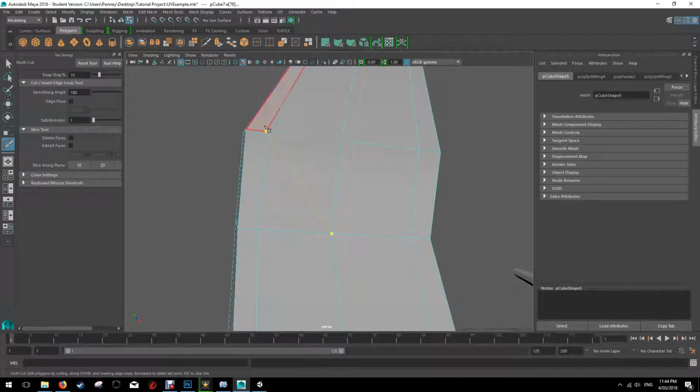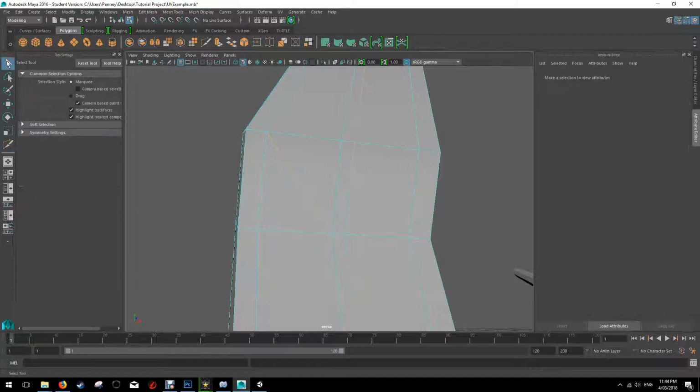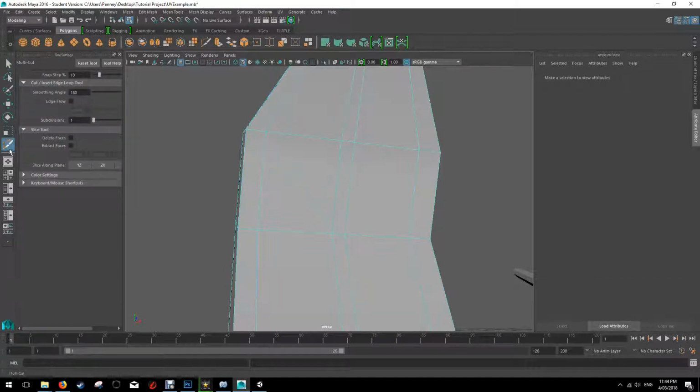And there I have a line, and there must be a better way of doing this, but I haven't figured it out. Every time I make a line I have to select off the tool, go back to the select tool, and go back to the multi-cut tool, otherwise it will continuously make a zigzag line, it would just keep going like this, and we don't want to do that. So I have to click off and then on again. I'm just going to cut there,